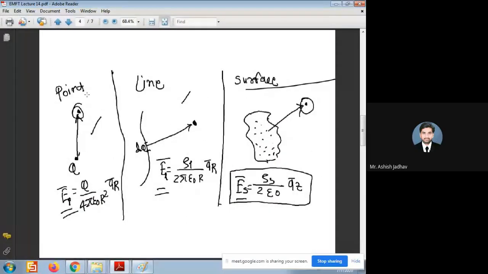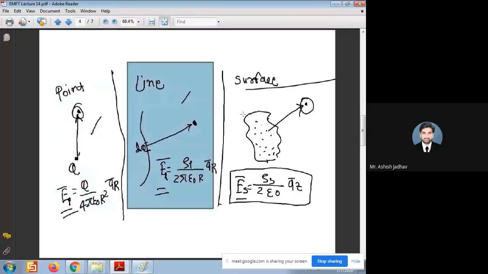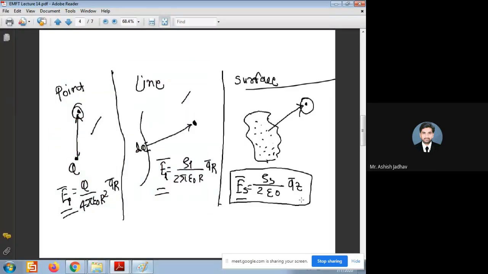So up till now we have studied 3 types of charge configurations. One is this point charge, another one is line charge, and third one is surface charge, right? So today we have done a little modification here. A bar z we have written, right? Now we will try to solve the examples where we have all those point charge, line charge, and surface charge in a single example, and we will try to find the electric field intensity at a certain point.